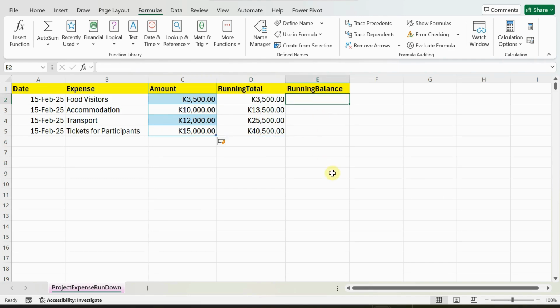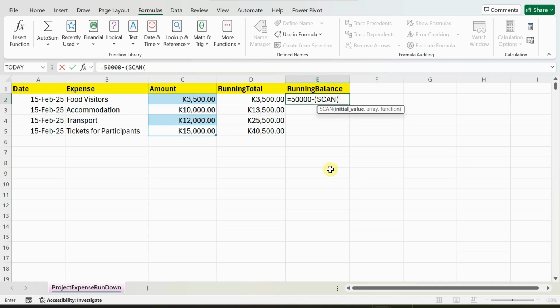Now comes the balance. So what we are trying to do is, we got 50,000, so that's our 50,000, and we are going to minus the running total, right? So that's our 50,000, and then we're going to run the scan again, and we're going to just redo what we have done. Initial will be 0, table array will be amount, and then sum. Okay, so